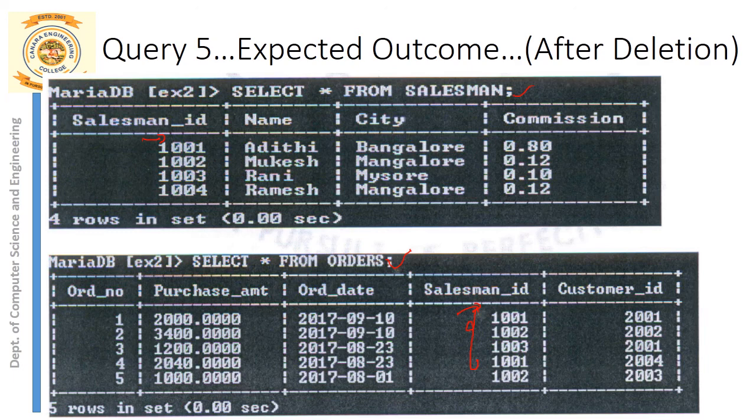So in the orders table, before deletion 1000 should be there. Okay, you just check there. Before deletion 1000 must be there inside the orders table. But now even from the orders table, the information about 1000, that is salesman Akash in detail, is also deleted here from the orders table. This is done automatically, and this will happen only if you specify on delete cascade during creation of the table. Okay, I hope all these 5 queries are clear.